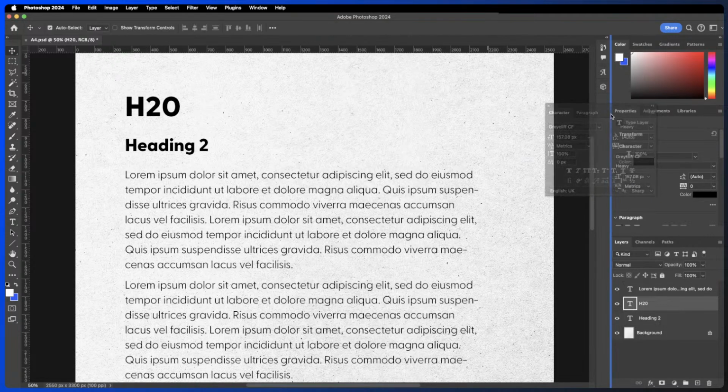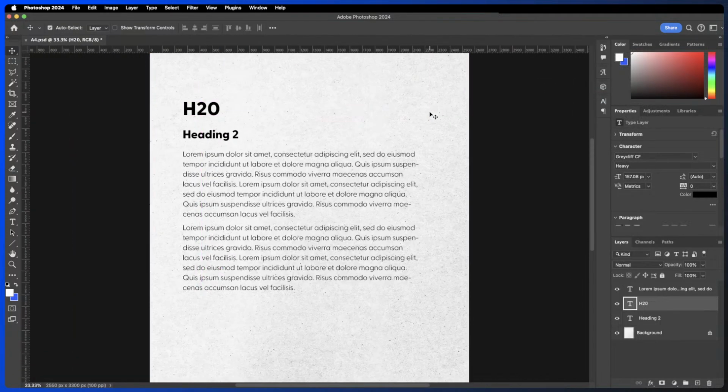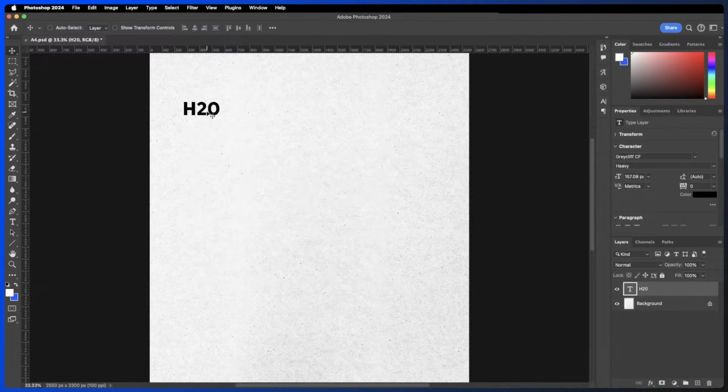So yeah, that's kind of the basics of text in Photoshop. There are some other cool things that you can do. For example, if you have a path, you can actually place text on a path. By the way, I'll show you this one quickly. If you just delete this, and let's say this was our logo,